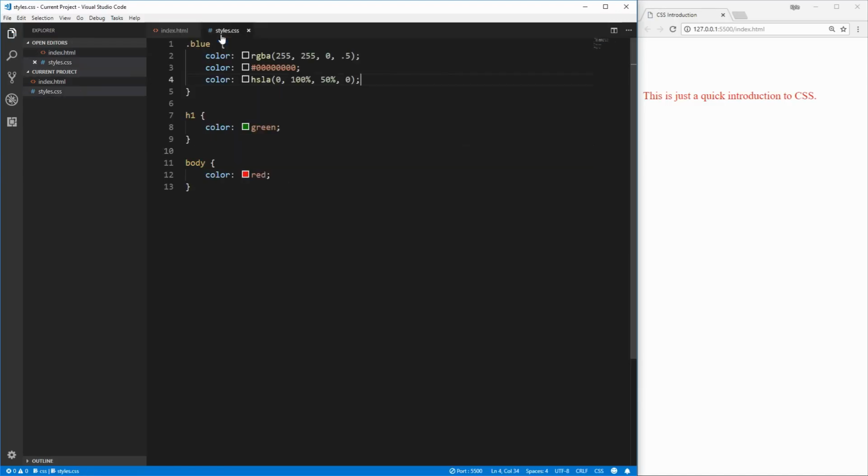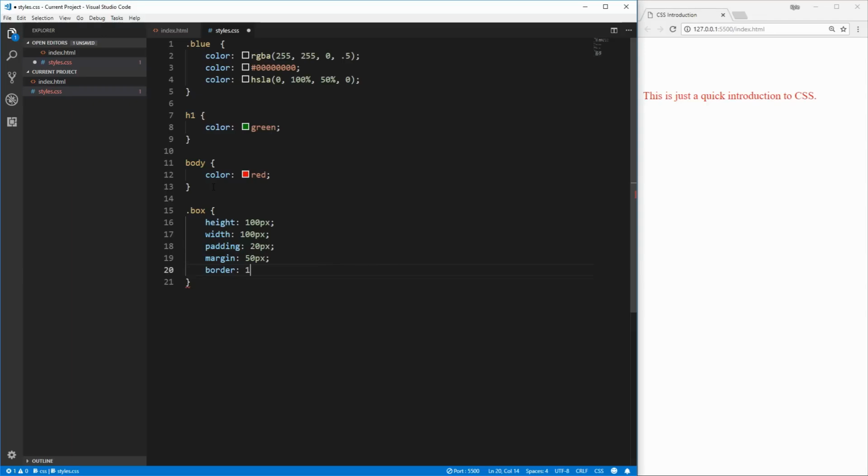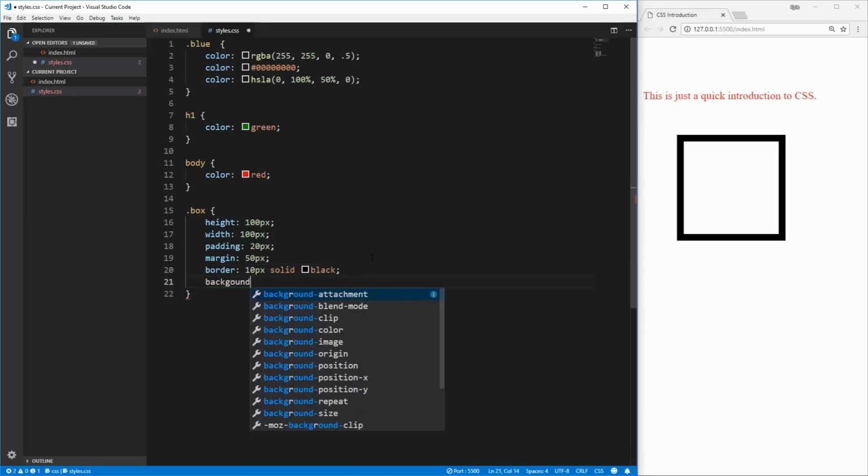There we go. And then in the style, we'll style that box element, and we'll give it a height and a width of 100 pixels, a padding of 20 pixels, a margin of 50 pixels, and a border that is going to be 10 pixels, and it'll be black. Don't worry about the syntax here, this is really just to demonstrate how the box model works. If we save that, first let's give it a background